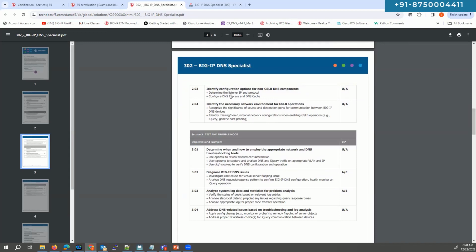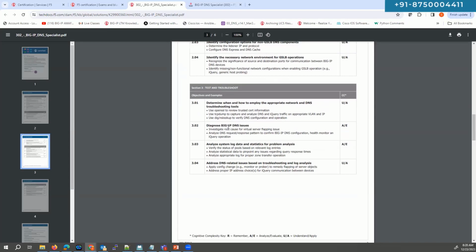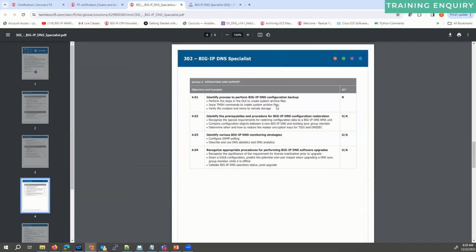It's basically all about improving the performance of the existing DNS servers by leveraging the BIG-IP DNS. And then you have the necessary network environment for GSLB operations, right? Determine when and how to employ the appropriate. I mean, you can go through it. I don't really have to read each and every line here, right? They have already given you this blueprint, and based on this blueprint, you're going to cover all the topics